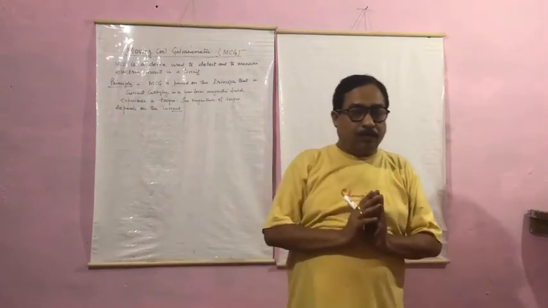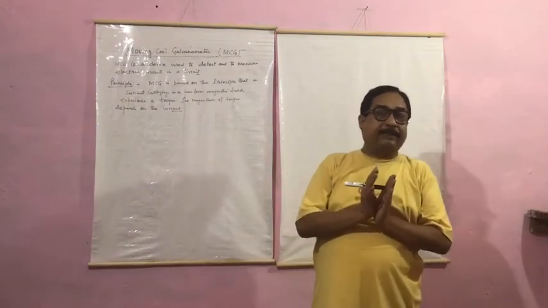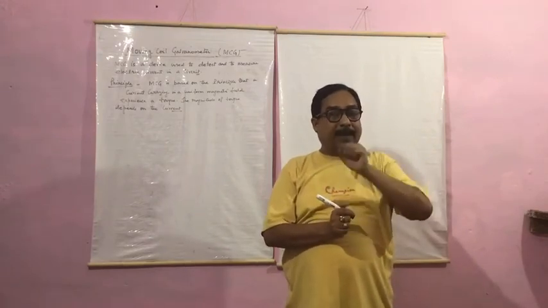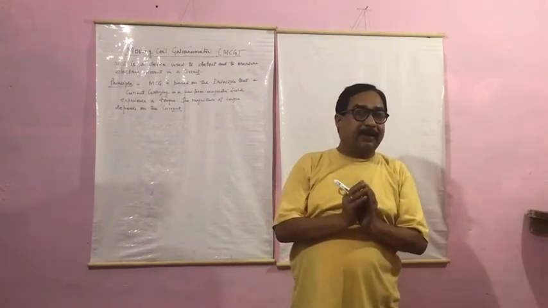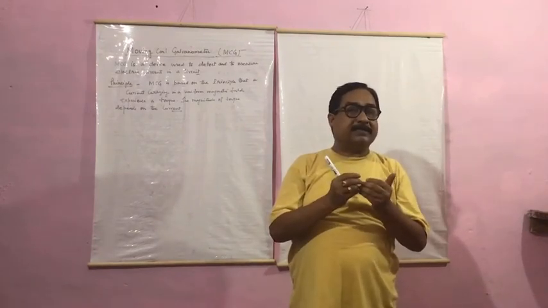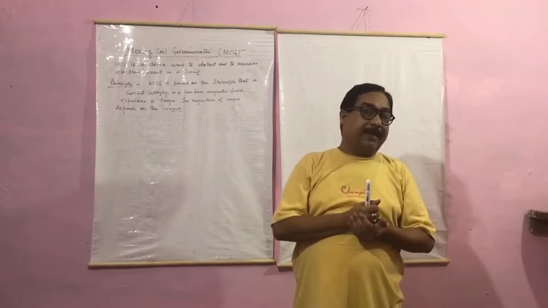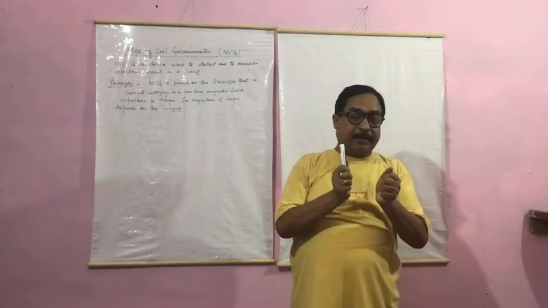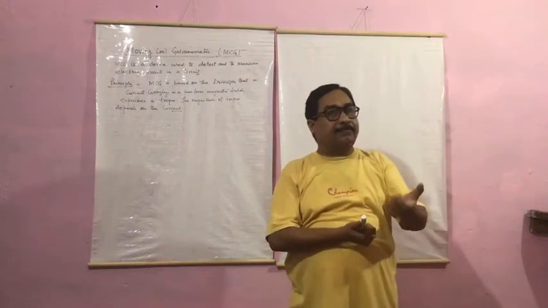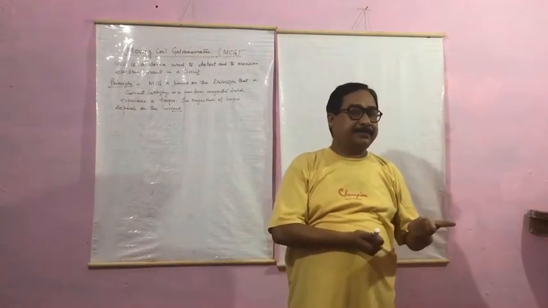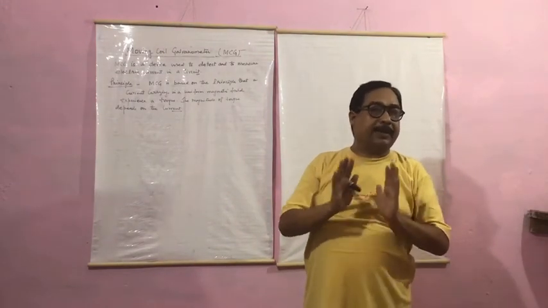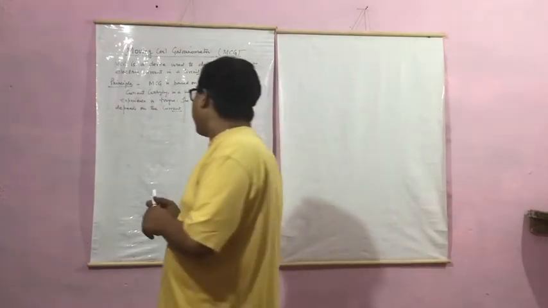Now what we have to do, we have to design it in such a way that there is a uniform magnetic field and the coil is placed in that magnetic field in such a way that the coil always experiences maximum torque, and the torque deflects the coil, and if we can measure the deflection, then in terms of deflection we can measure current. This is the basic idea behind the design of a moving coil galvanometer. Okay, so now I am just talking about the construction part.